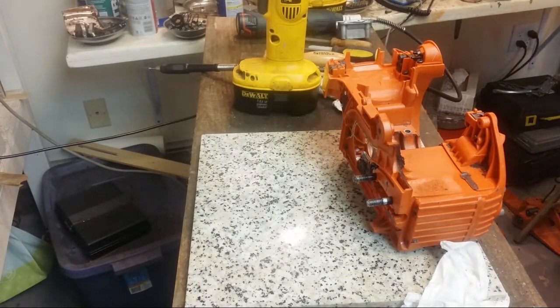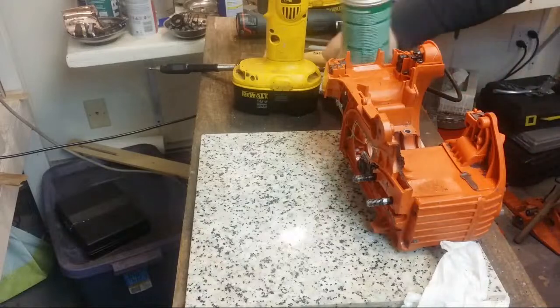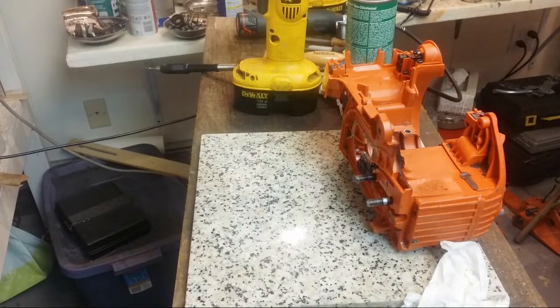But if you've got Loctite 518 and anaerobic sealer, then you really do need to let it sit, in my opinion. Yeah, I don't think this is a bad application for Durko. I've never used Durko personally, but